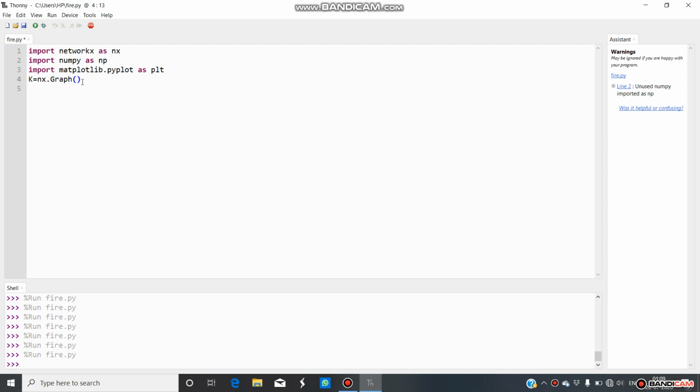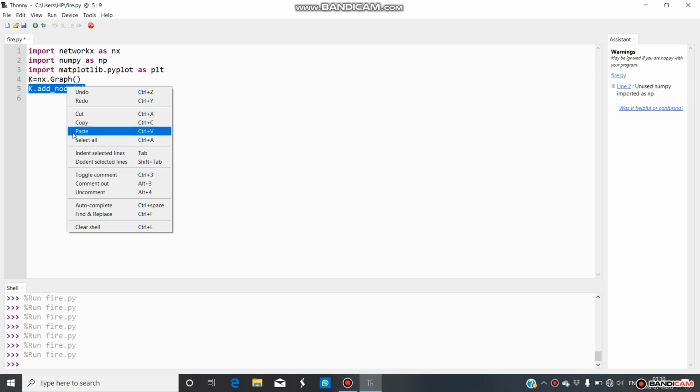Now we will insert the nodes. The command for inserting the nodes is k dot add_node 1. Like this, we can add more nodes to this graph.